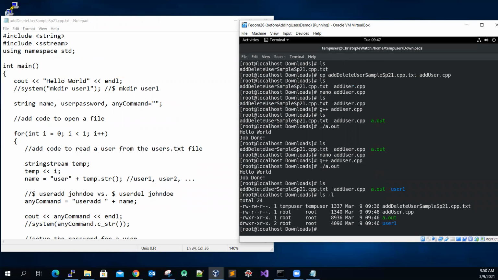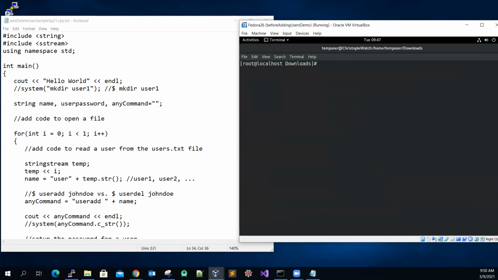Okay. So again, just to give you the idea: if you want to run some command within the C++ program, then you can call the system function to do it. Whatever command you want to run, just enclose it in double quotes and make it a parameter. So with that in mind,